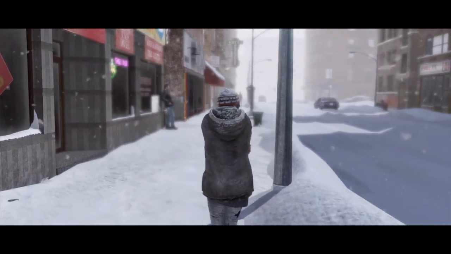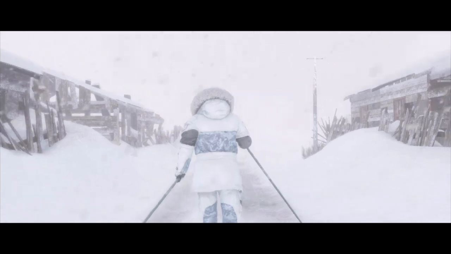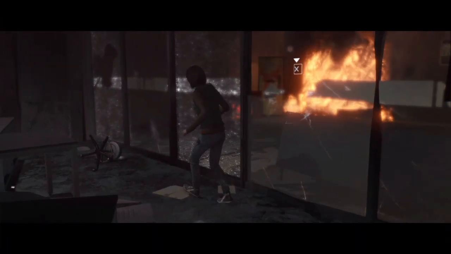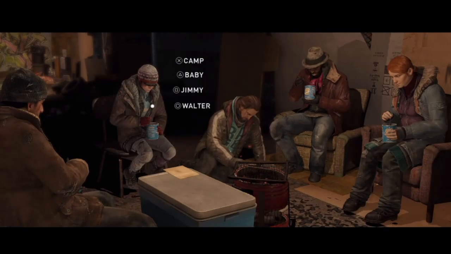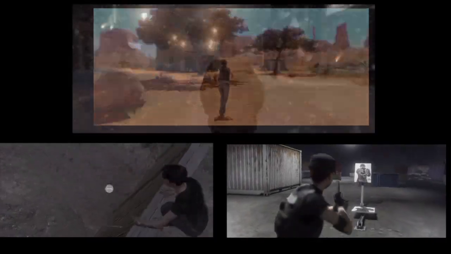One of the major revolutions in Beyond is the way Jody Holmes moves. Depending on the context, depending on your emotional state, you see the character of Jody moving differently, walking differently, looking around differently. And most importantly, to give the player the feeling he's really in control of the character, he can do almost anything he wants to do. You can talk to other people, interact with objects, and also run, jump, shoot, drive a motorcycle, or even ride